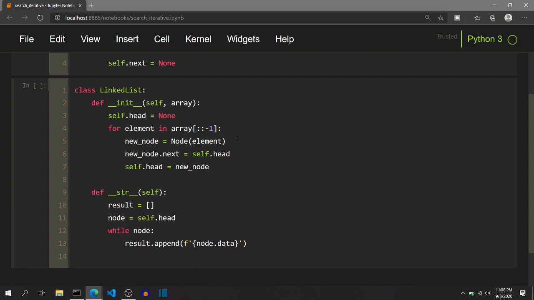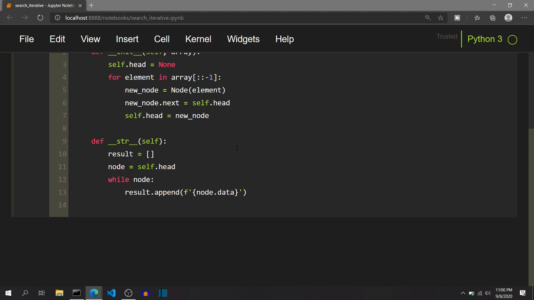And after we append the node.data to the result, we need to traverse to the next node in the list. So we will do node equal to node.next. And once the node becomes None, that is, we have reached the end of the linked list, we will break out of the while loop and we need to return an arrow separated string that will join all the elements present inside the result list.